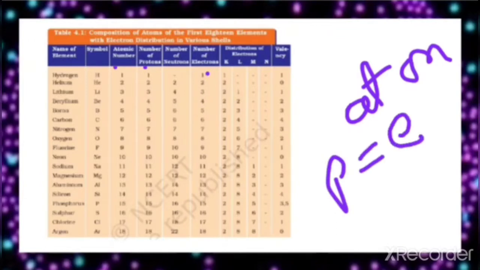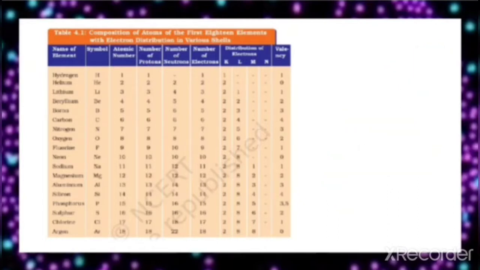So when you look at the chart, the number of protons when you count it, and the number of electrons when you find it out here, it is the same in number. So for an atom, the number of protons is equal to the number of electrons. So once you have learned the sequence, you can learn its atomic number. Once you have learned its atomic number, then the number of protons and electrons is that same number. But the number of neutrons is a little bit different. It is not the same as the atomic number.